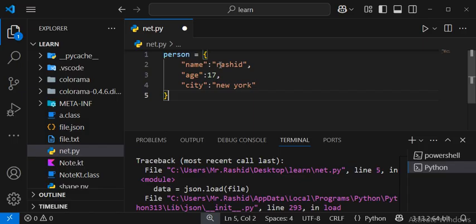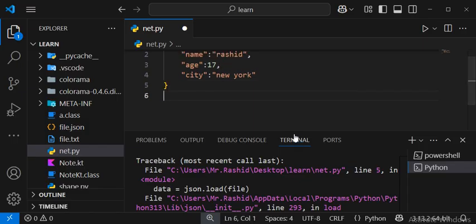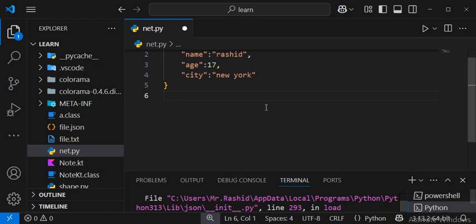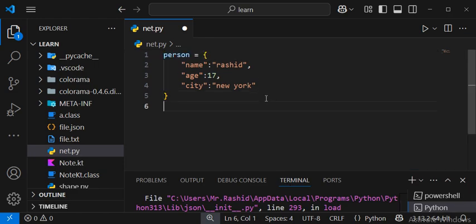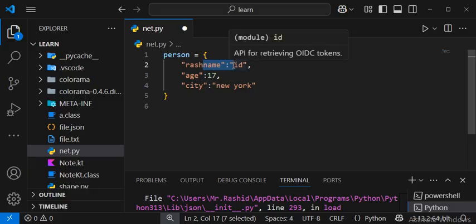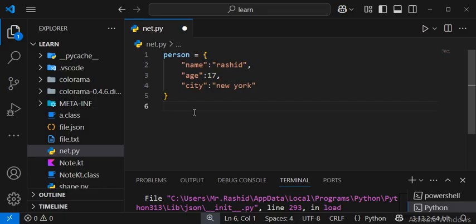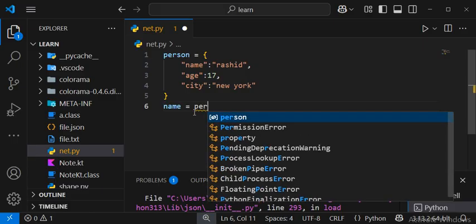Which values? For example, here we can access one of the values like this name, the name Rashid. How can we access this name Rashid? What we can do is print our name. Let us store our name in a variable which is called name. So we use person